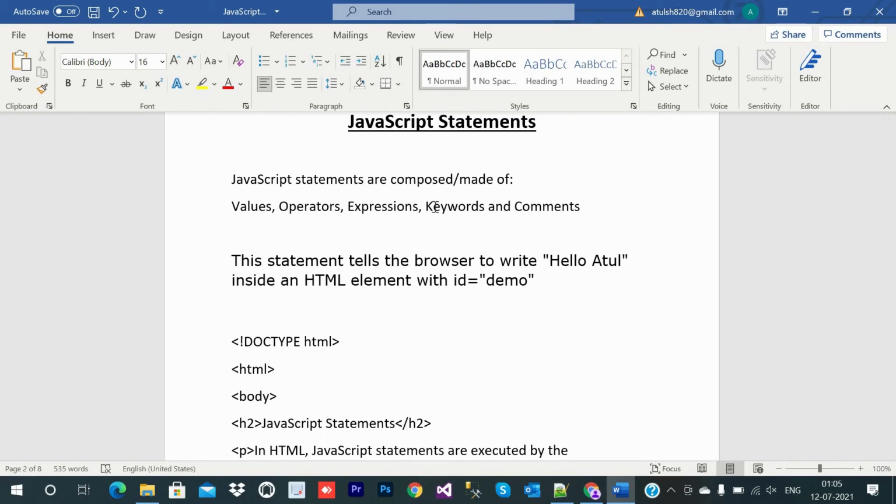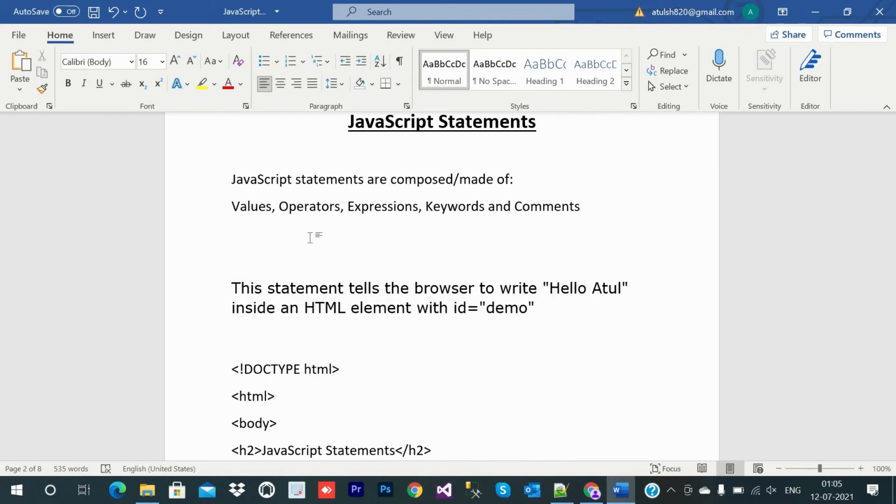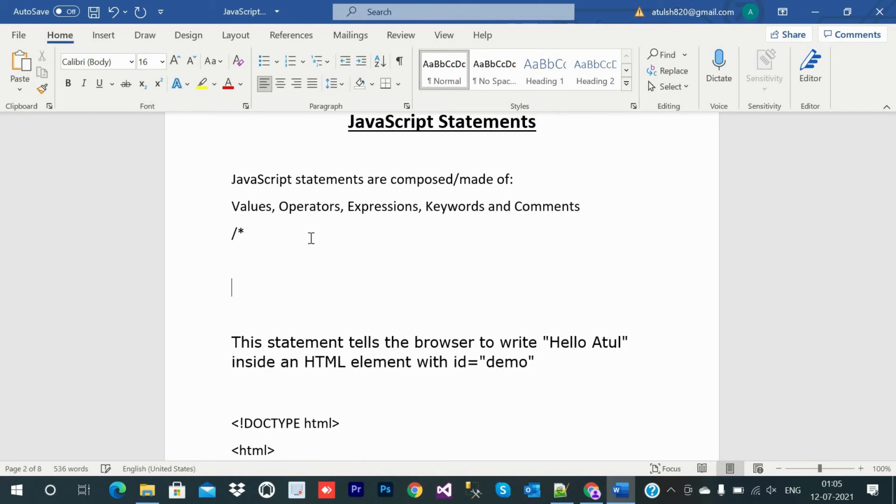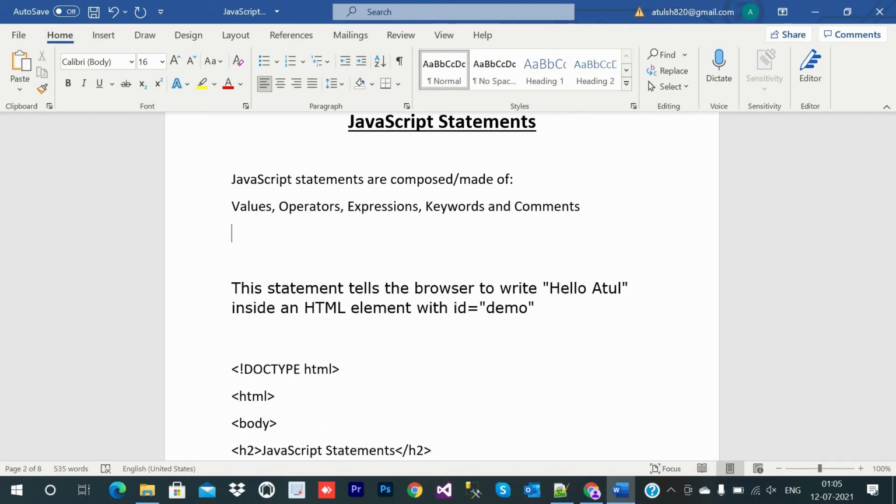Keywords, like we use let for variable, somewhere we will use var, somewhere const. These are keywords. And comments: we already discussed that we use double forward slash in JavaScript for a single line comment. And if you want a multiple line comment in JavaScript, you write forward slash star and star forward slash.